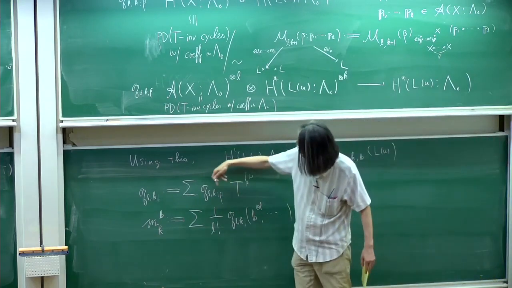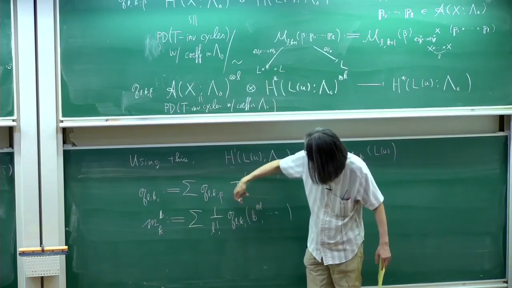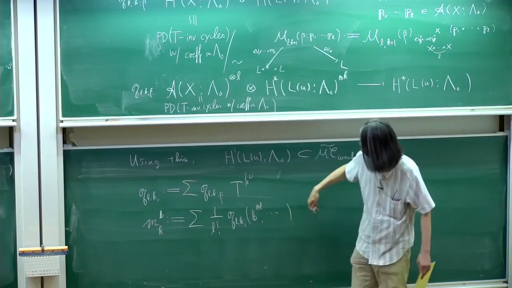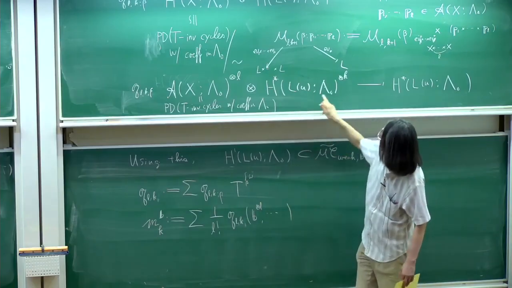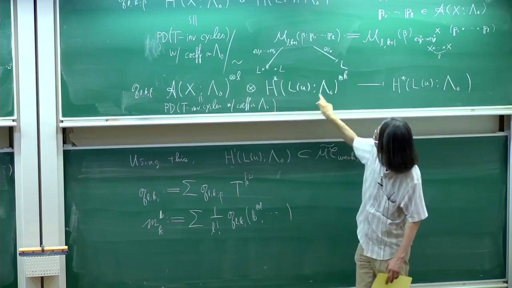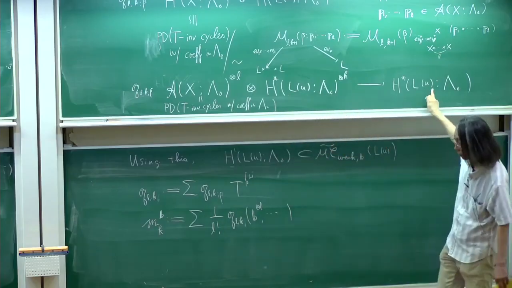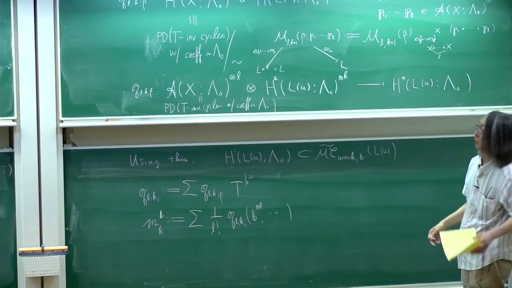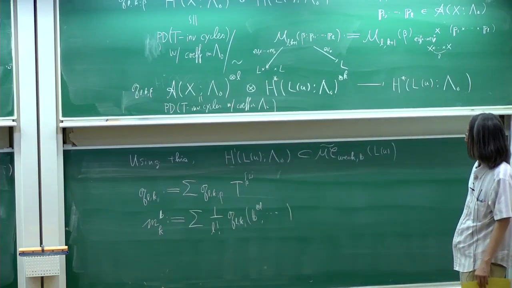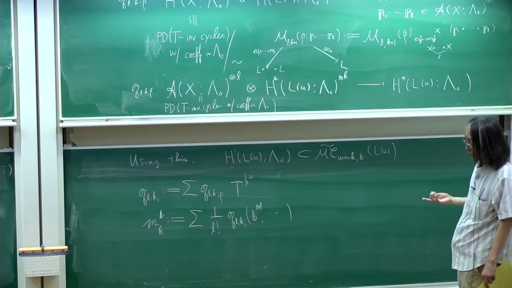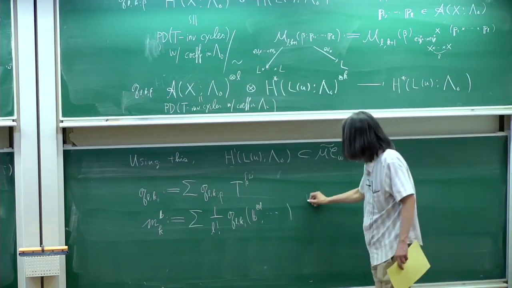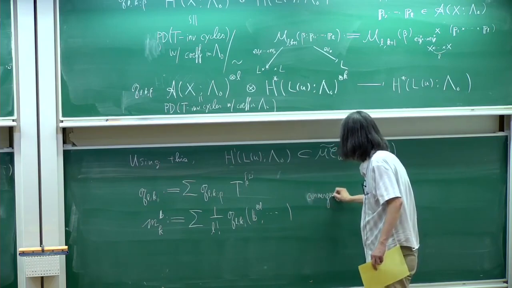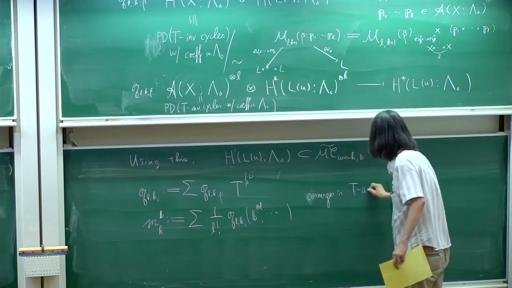So I just plug in L many B's here, and then I get the operator on the k-th tensor product of this guy to here, and then sum them up over L. And this one is well defined, or converges, in the T-adic topology